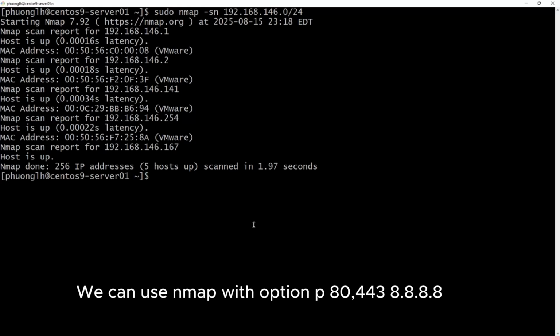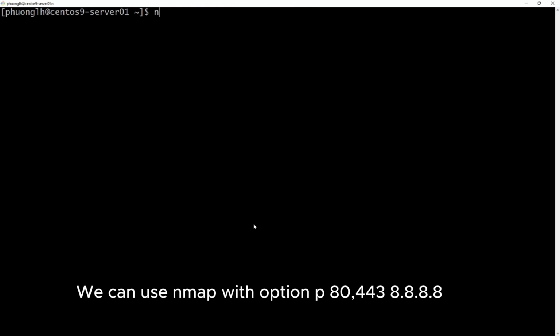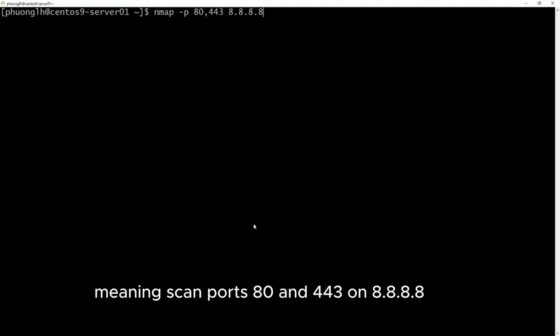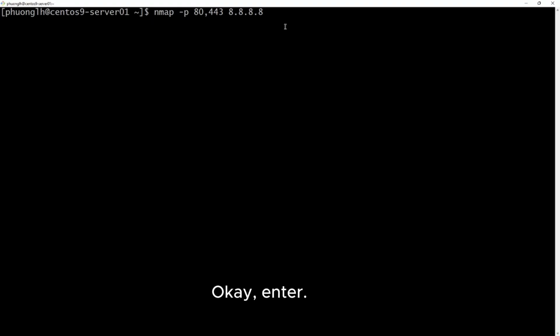We can use nmap with option -p and 443 at 8.8.8.8, meaning scan port 443 on 8.8.8.8. Okay, enter.